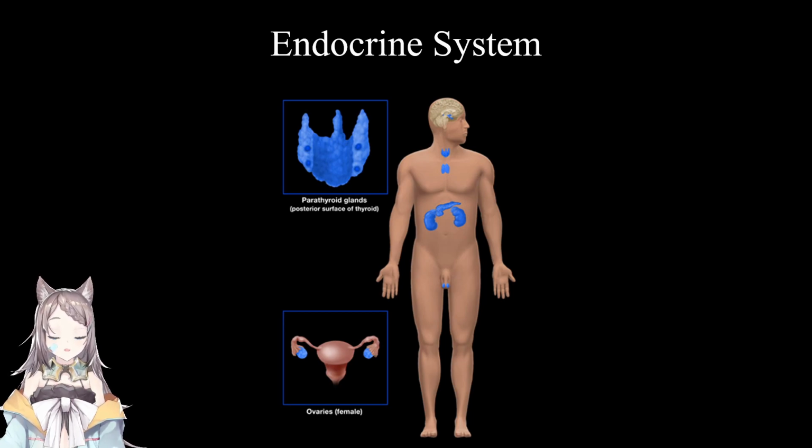I will be the lecturer for today, and today we will be talking about the endocrine system. As highlighted on the screen, these are the different parts of your endocrine system. As compared to last time, our senses and our nervous system, the endocrine system is a lot smaller than our nervous system. However, it plays the same important role as our nervous system in controlling our body functions.